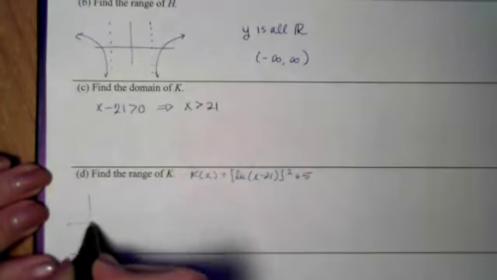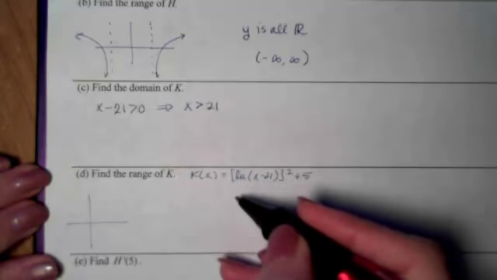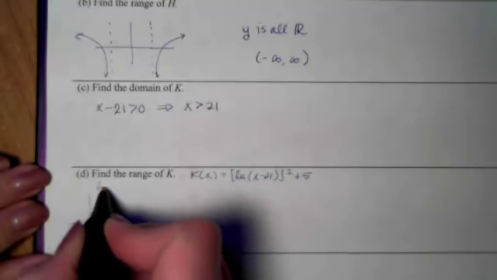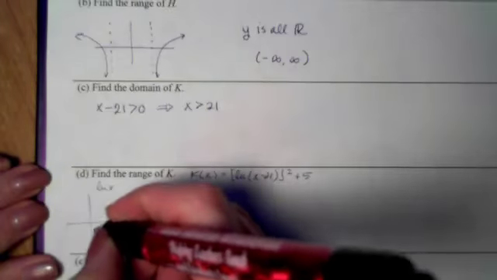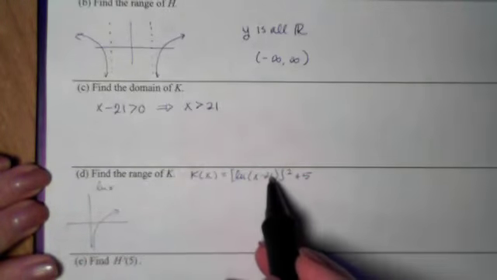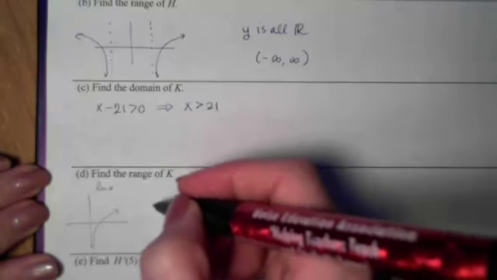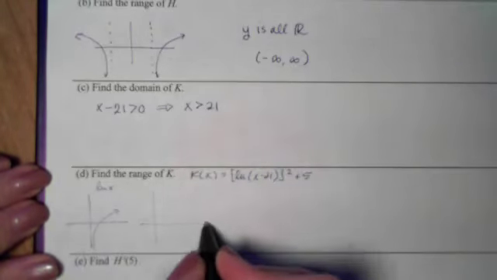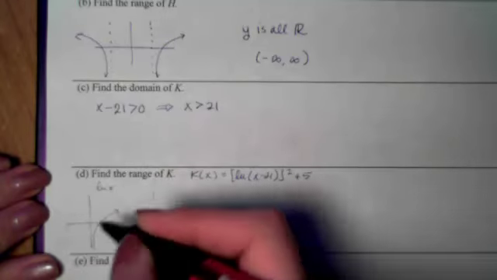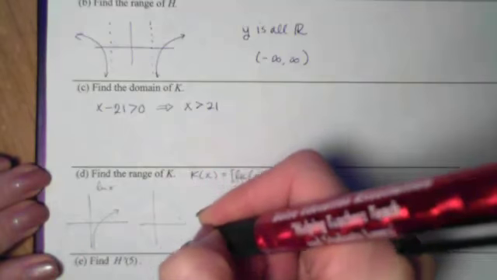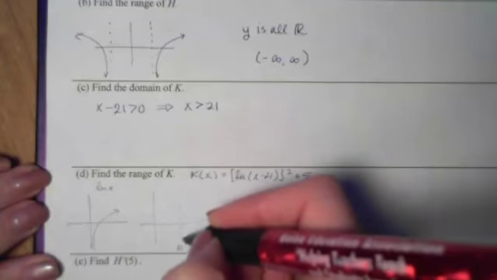If we think about a regular log graph, it has an asymptote at 0. Just the regular log natural of x looks like this. Now when I subtract 21 inside, that's going to move the entire picture over 21 units. So now instead of having my asymptote at 0, it's going to happen at 21,